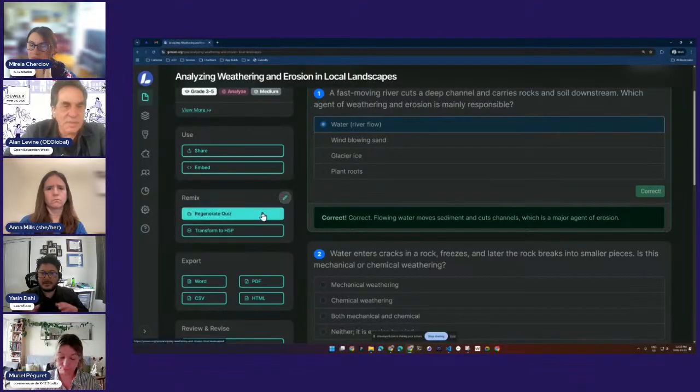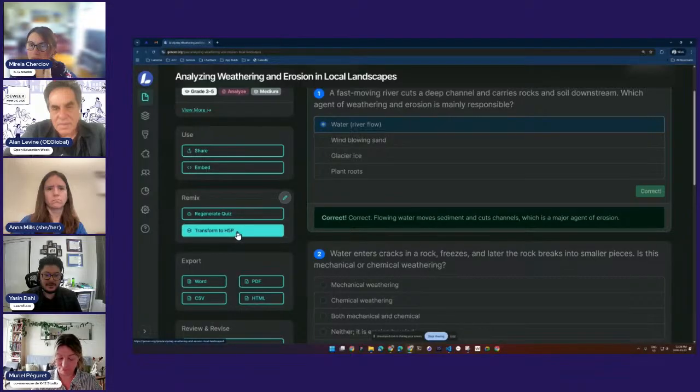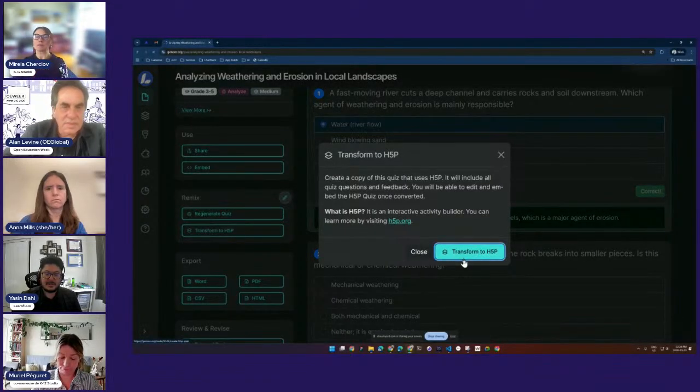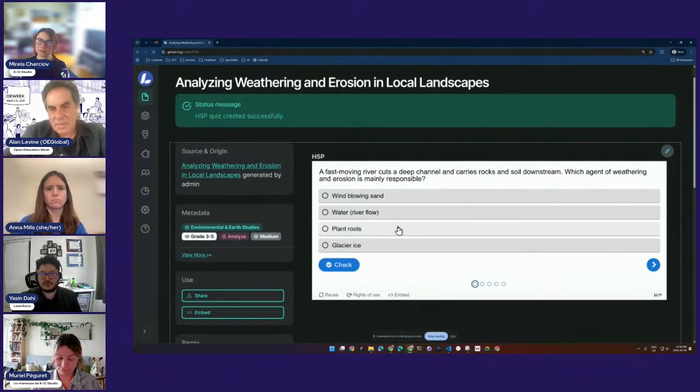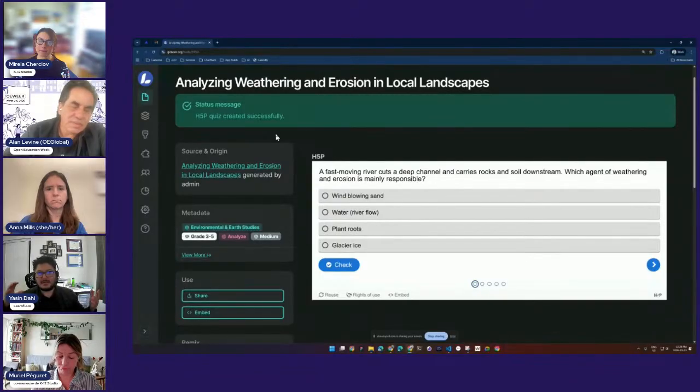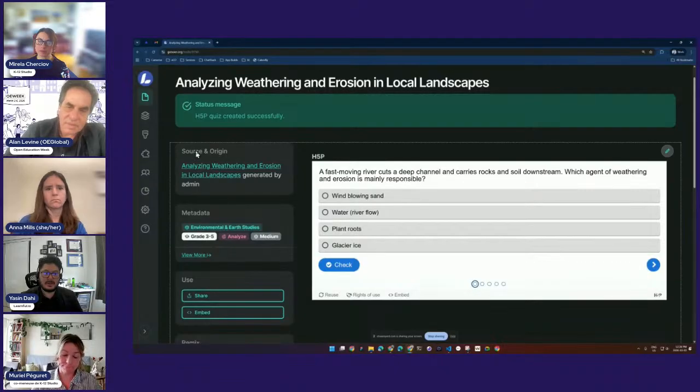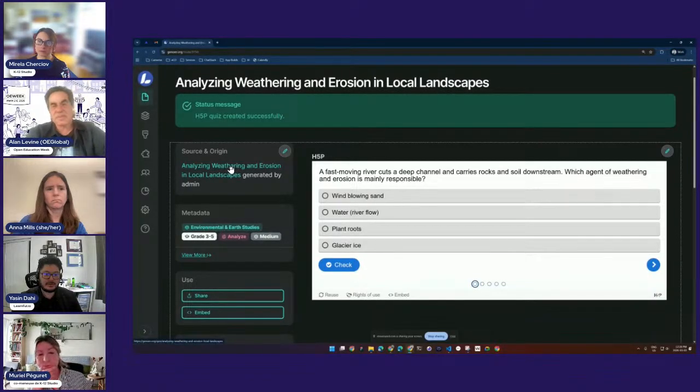I might remix this resource into another resource. I can transform this quiz into an H5P. If I just click that button, we can take this quiz that's been generated and convert it into an H5P, which allows me to continue to modify and redesign this quiz in the way that I want. When the generation, the prompt, and the authoring tools are in the same place, we can link to the source, link to the origin, and create network maps of how resources are related. So we can see that the origin is this generation over here.